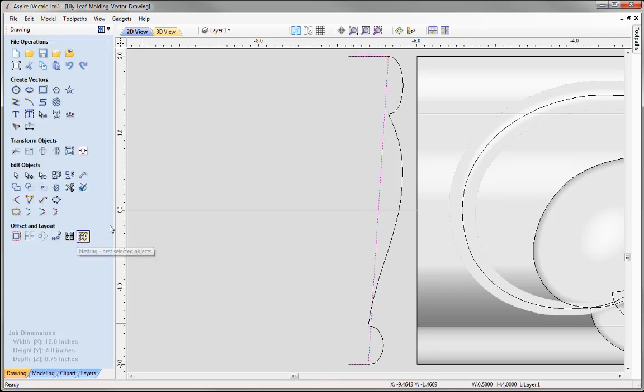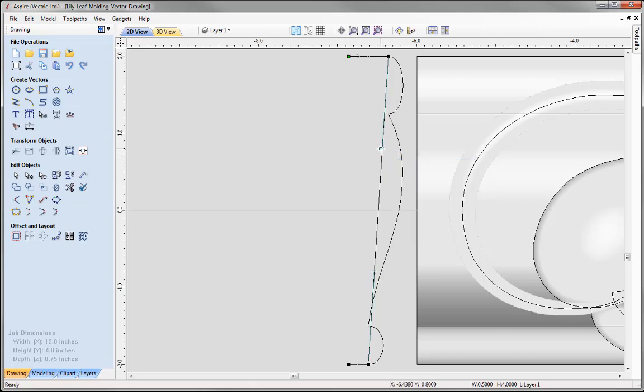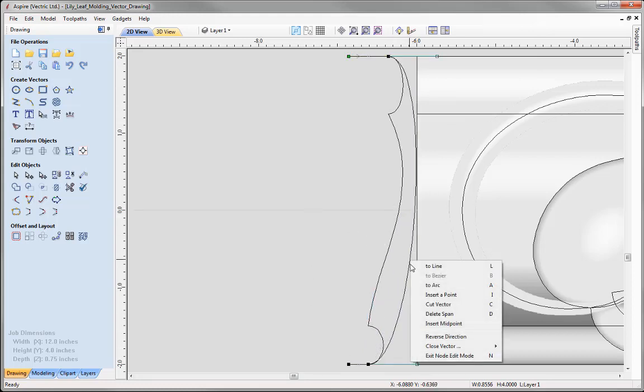Right mouse click to come out. I'm going to go into node edit mode by coming onto this icon over here, right click on this span, turn that into a Bezier span, and then we're just going to alter the handles just to alter the overall shape of the part, so we get a nice smooth shape that loosely follows the original shape but without the actual creases there. We'll take this handle, put that down over there,